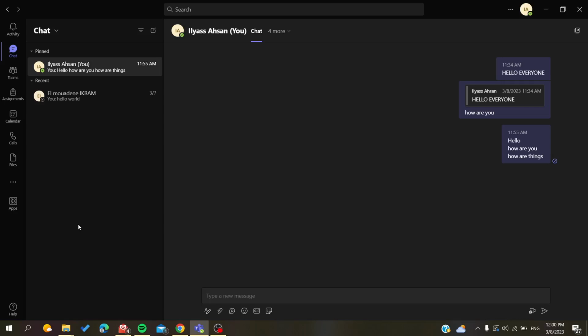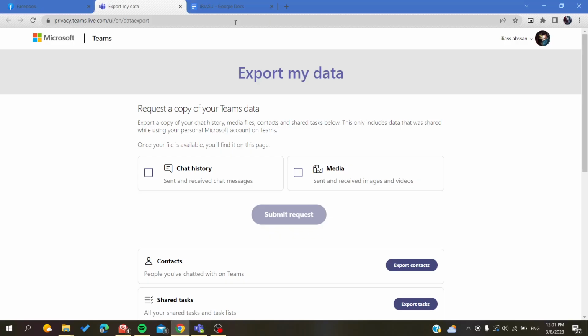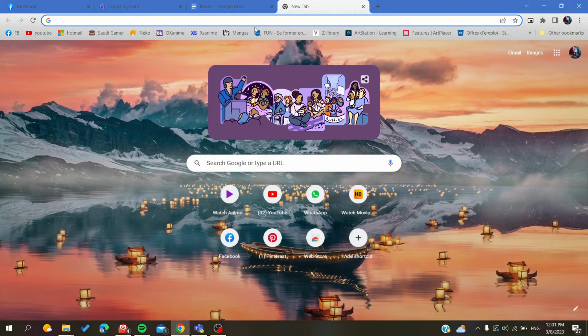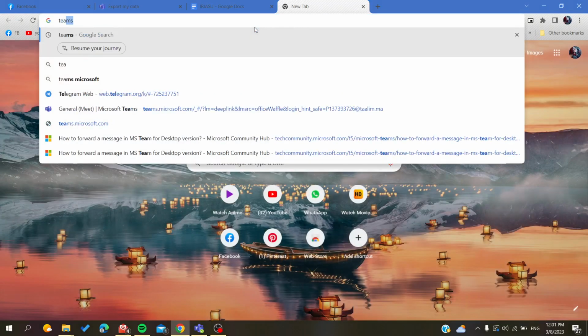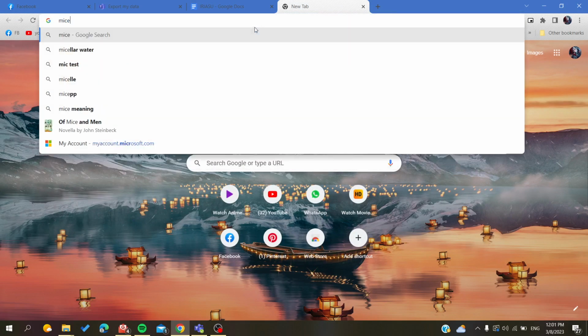And today I'm going to show you how to export your messages or your conversations from your Microsoft Teams. So the first thing that I want you to do now is to open your Microsoft Teams web portal, or you can just go to your search engine or web browser here, and then you will need to search for this page. So basically all you need to do is to search for Microsoft Teams,